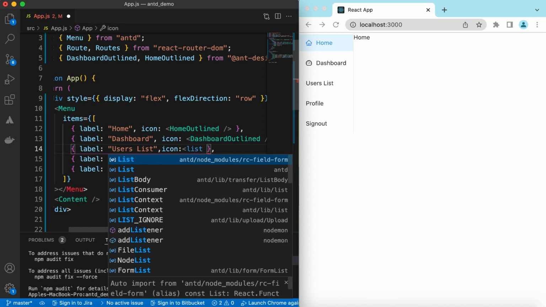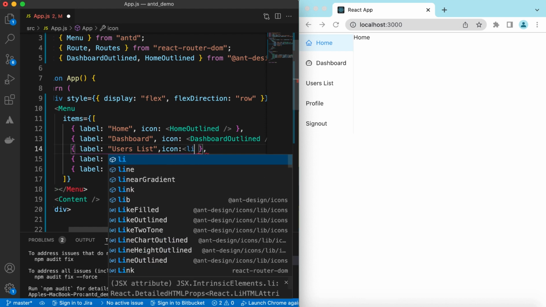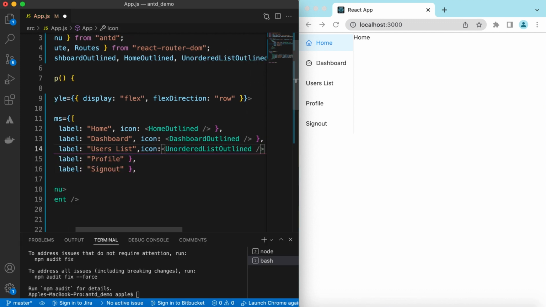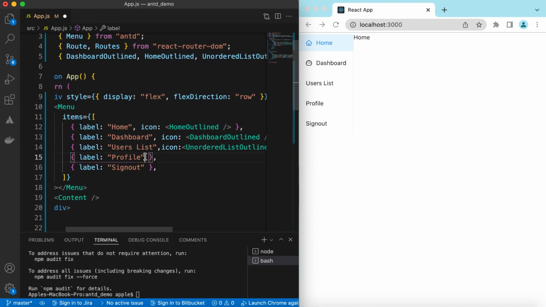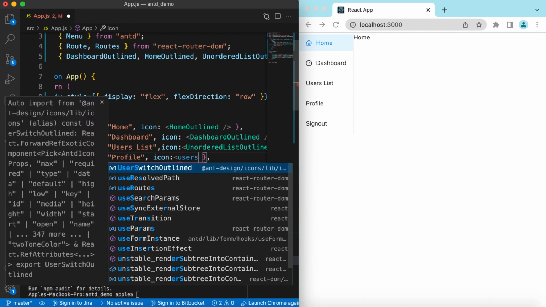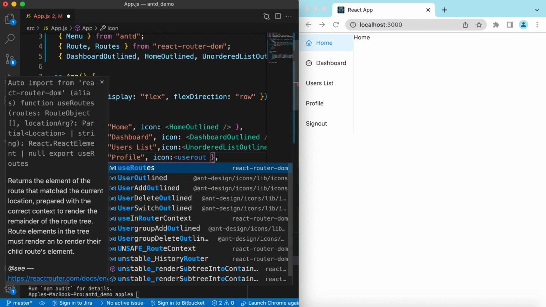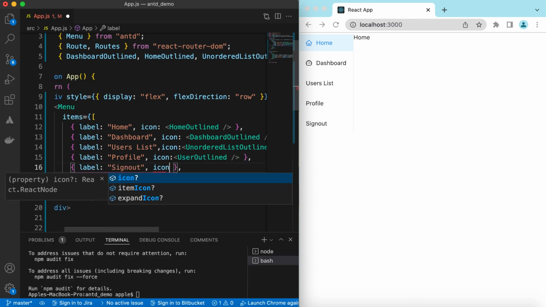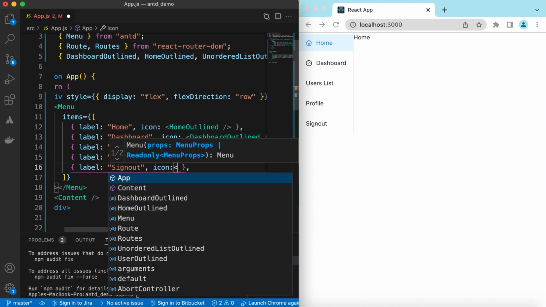So what is available in the list? Maybe UnorderedListOutlined. Yep. And in the profile, maybe we can say UserOutlined, and for the sign out, we can say